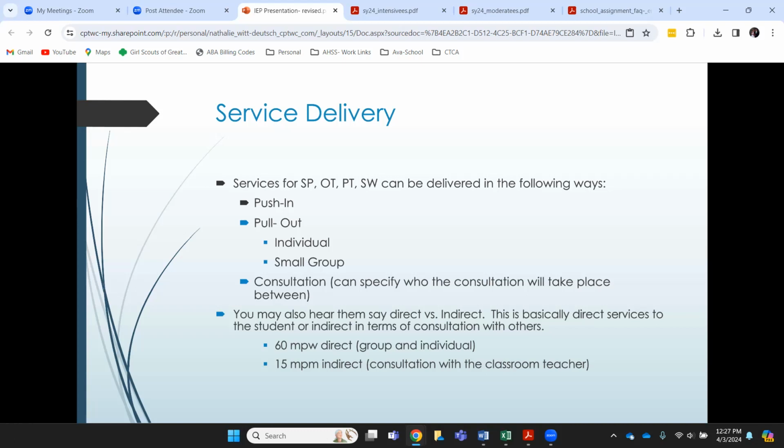The nicety of school services in terms of service delivery is that it provides the service provider some flexibility in how they can implement the goal. Right now, for insurance-based purposes, many of our kids are in speech 45 to 60 minutes per week, or twice a week. But we're held to providing the full 45 or the full 60 minutes in that therapy session. Whereas within the school setting, they could do 15 minutes per week. They could do it 3 times a week or 4 times a week